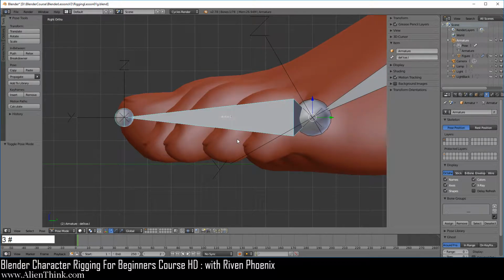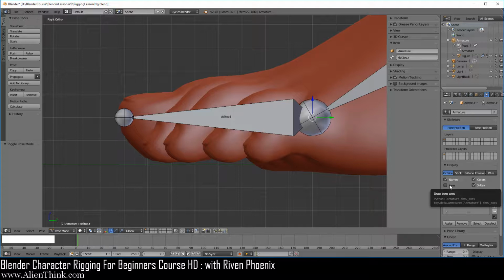Press the 3 key. Now if you click again, now we've selected the toe.R bone. So you'll see that it's not going to show anything highlighted on the bone, but it will show the axis as highlighted as white. So of course, if you have this off, you always have to visually check over here which bone you've selected. So a quick way to do this in the 3D view is to just have the axis enabled so you know which bone you've actually clicked on.